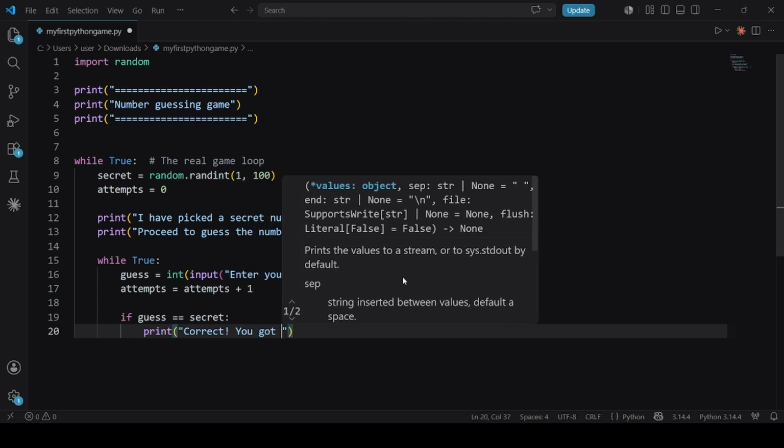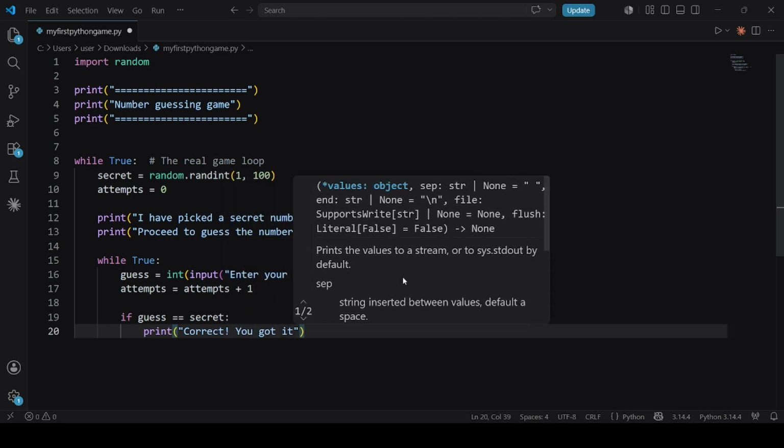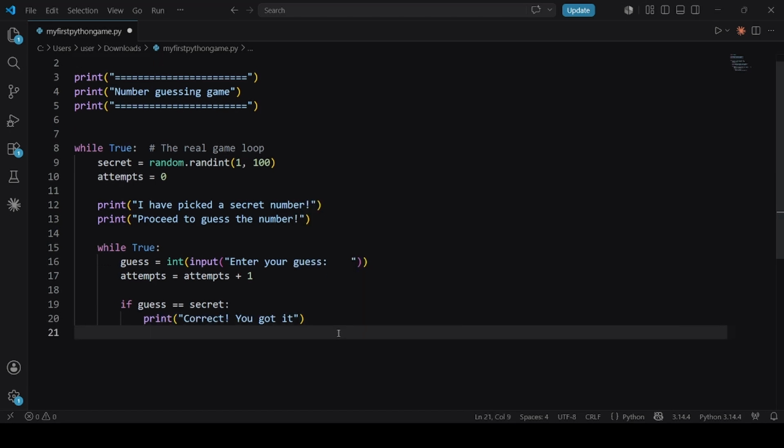You got it. Correct. You got it. Now, what if the guess is not equal to the secret? So I say else. Now, there are two conditions. The first case is that the guess can be greater than the secret. And the second case,